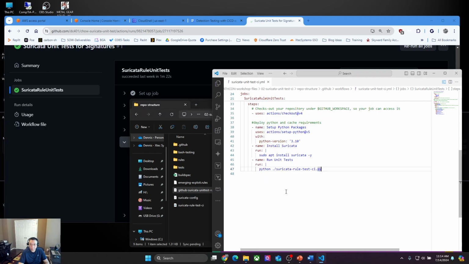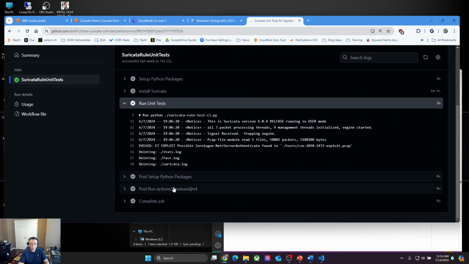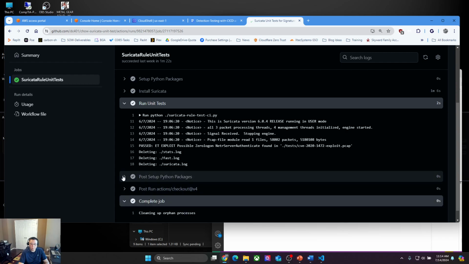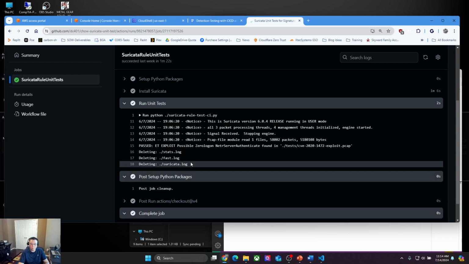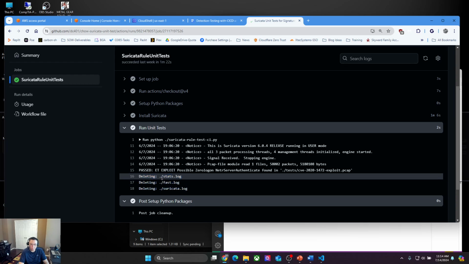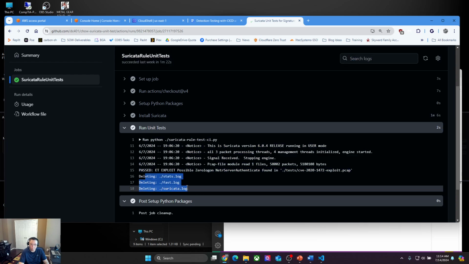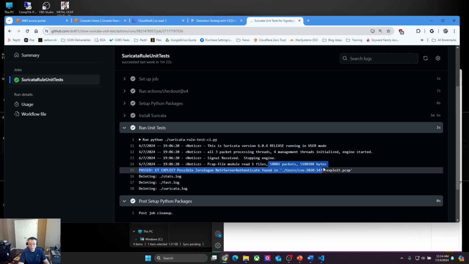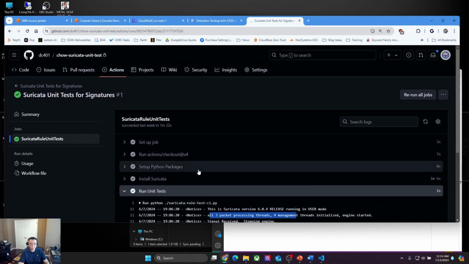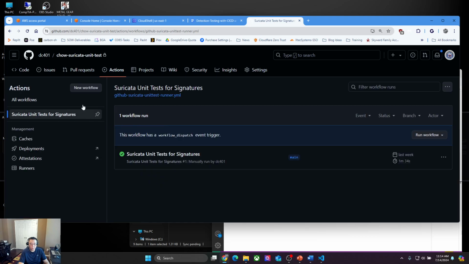So Suricata rule test ci.py, and we look at that, obviously that test passed, right? So we did post cleanup, test pass. It's deleting, cleaning itself off, even though you don't really need to use an ephemeral runner in this case. But if you had a long running runner, like an EC2 instance, for instance, maybe you want to do that. Okay, so it read that, got some signals, all 3 packets processed for the test case. Let's go back to the repo,